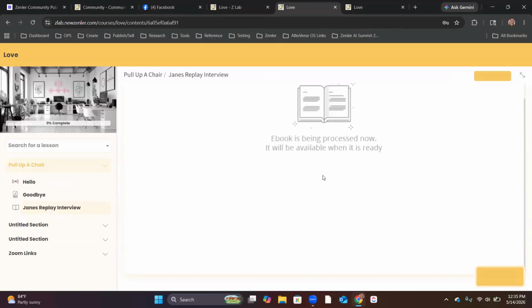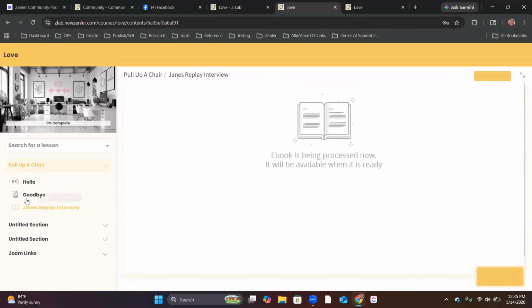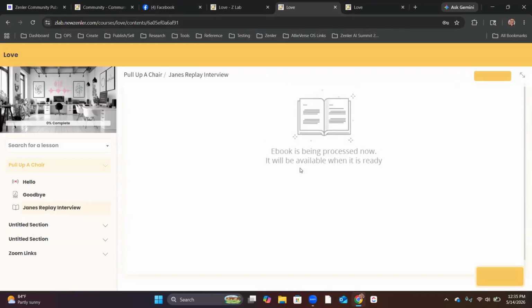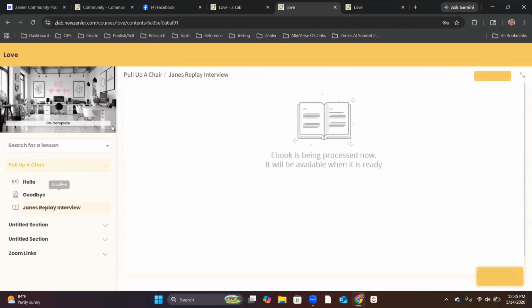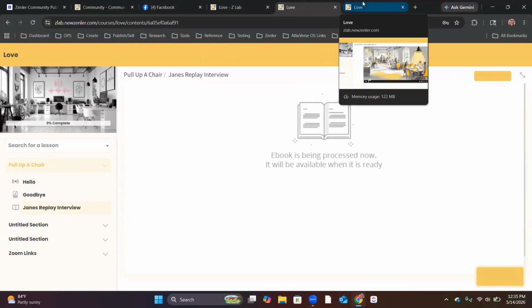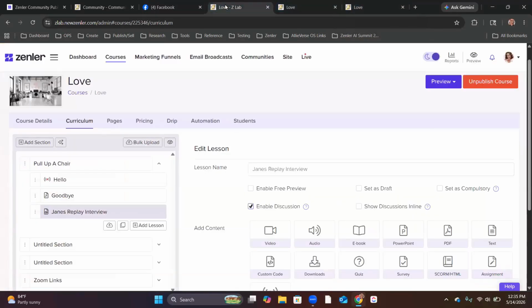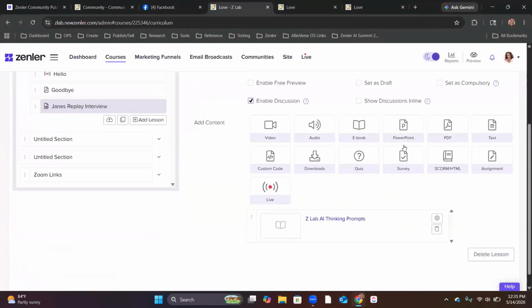I just uploaded it, so it's processing, but it would be here and it would flip. You could flip the pages, they could look at it. It's one book, it lays out, looks real nice. But if you do individual PDFs, it's just going to be a roll of scrolling PDFs.